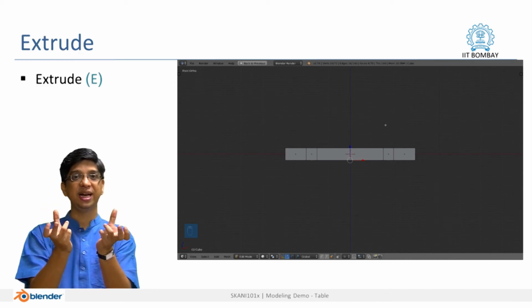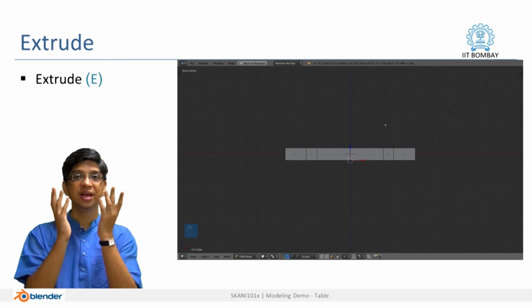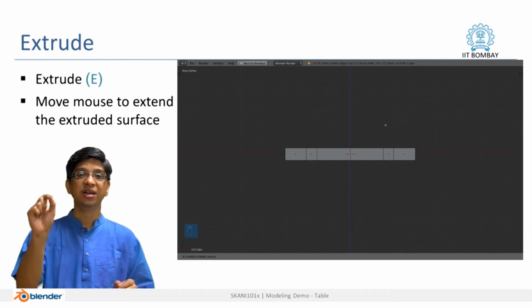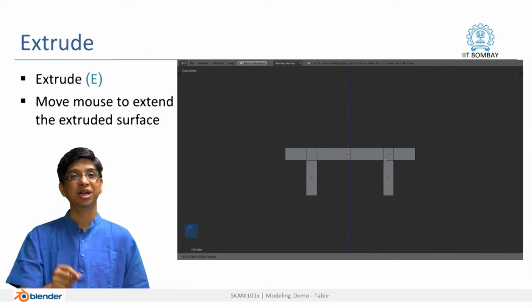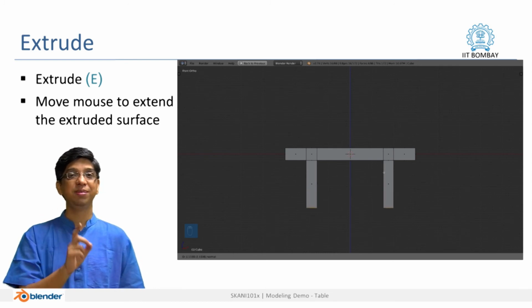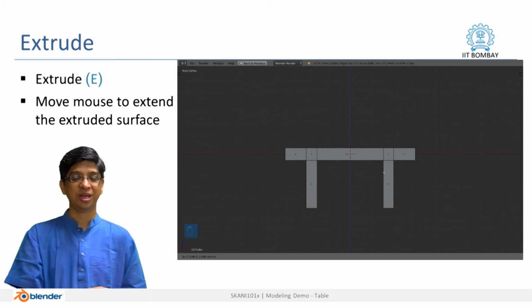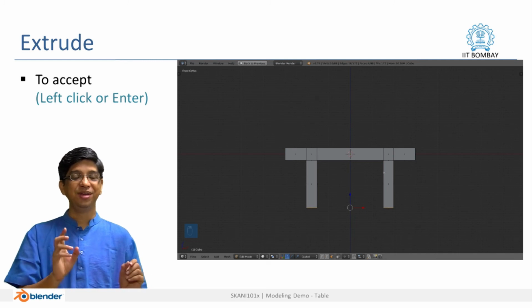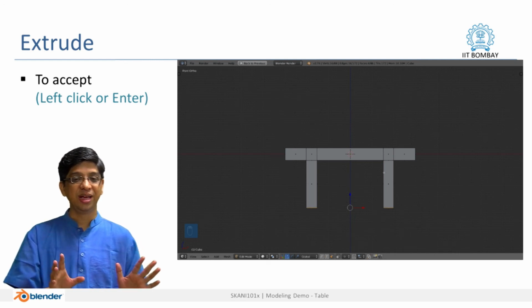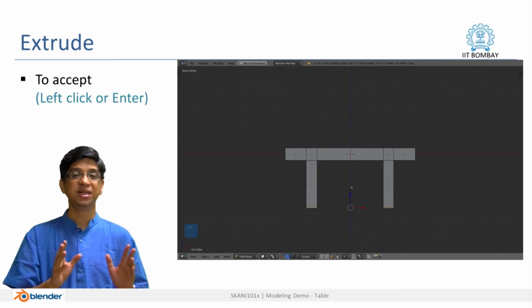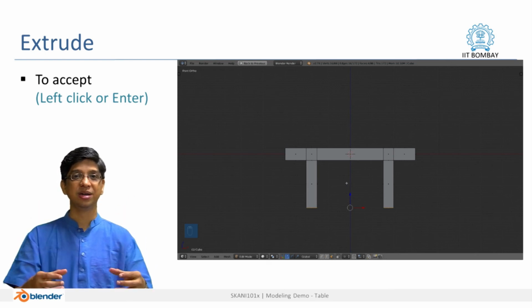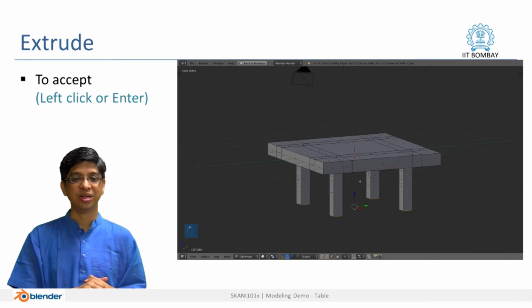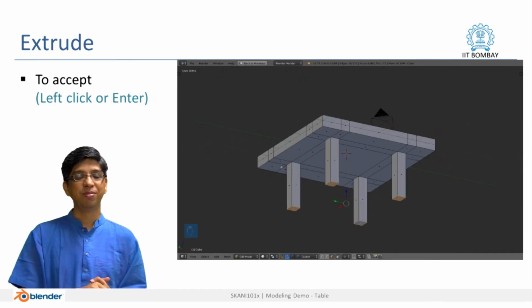Now with the faces selected at the bottom, we just need to press the extrude option, that is E. Once we press E and we move the mouse, you can see the legs are coming out of the table and additional geometry being created. That is what we have been talking about. We are, I think, happy with a Japanese type of table which is low in height, and we left click there. The moment we left click, the extrude is accepted by Blender and we get this model. Let us view it from various angles by moving the mouse and panning around, and I think we have done a reasonably good job.